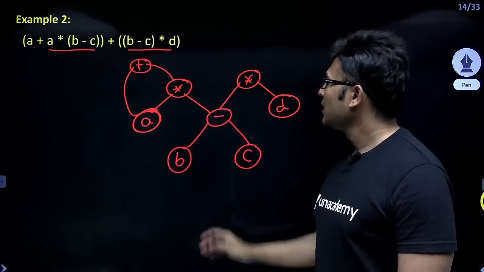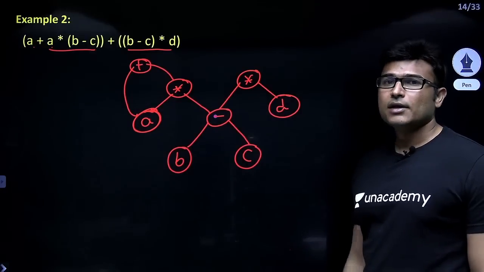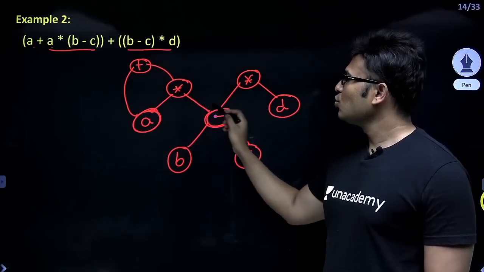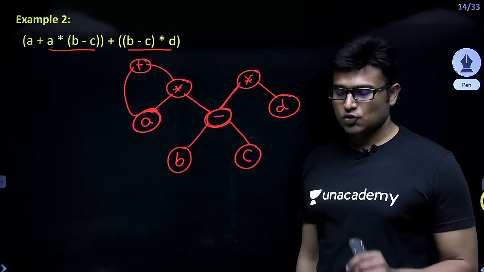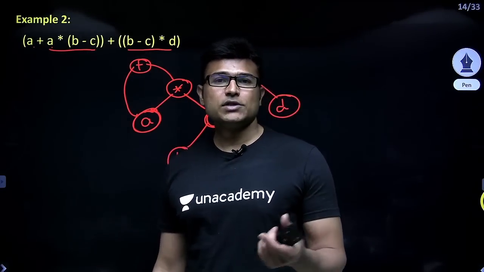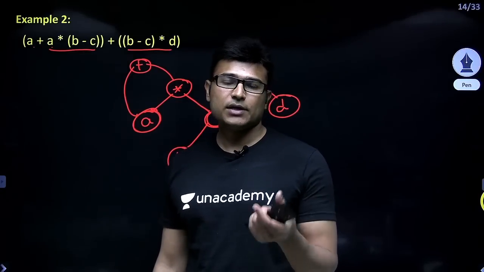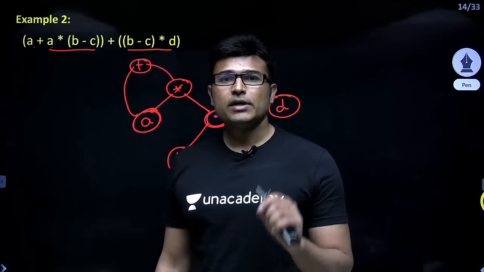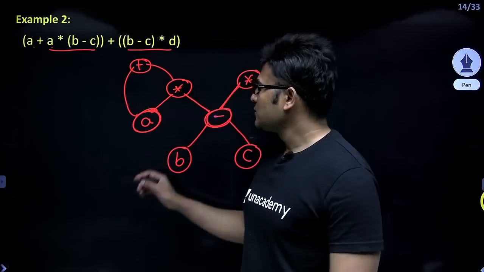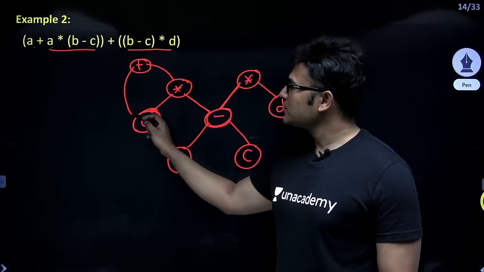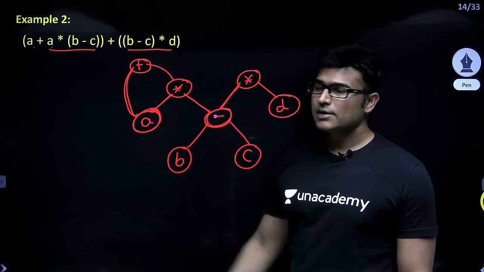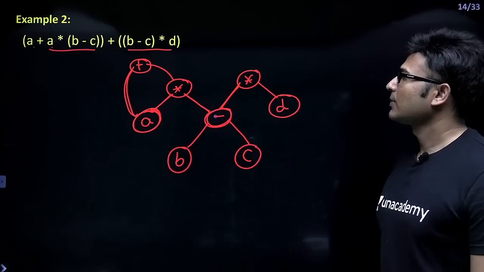Now if we observe it in this DAG, it is very clear that this particular node is having two parents, right? So whenever a node has two parents, it means that it is a common expression which is used in two places, and that is why it is getting two parents, right? So in a DAG, whenever you see two parents, you can say that it is a common expression. And similarly, A is having two parents, right? So one parent is this and one parent is this, right? Now again you can say that A is a common expression. Got it?